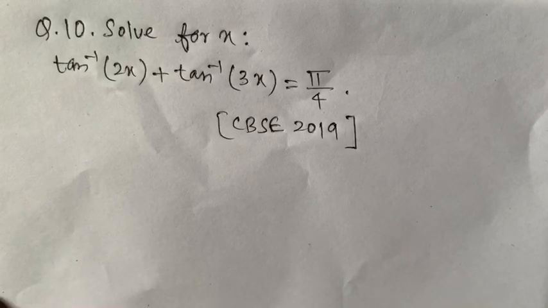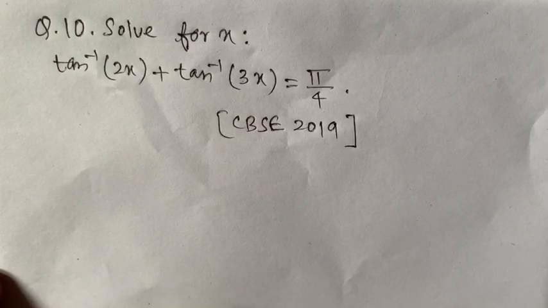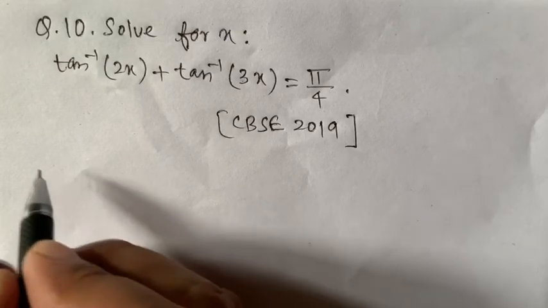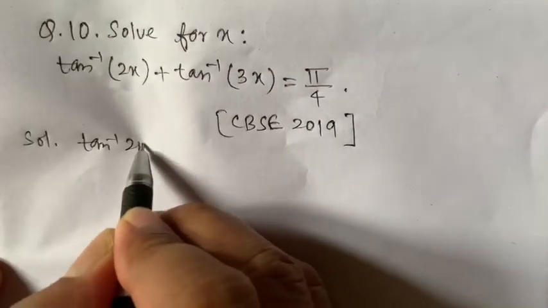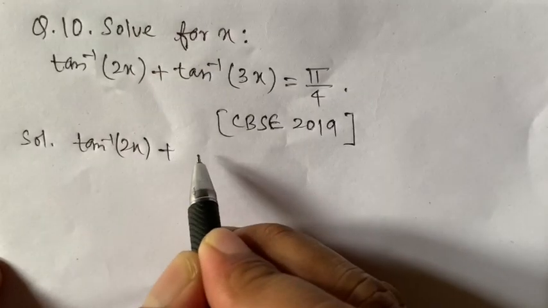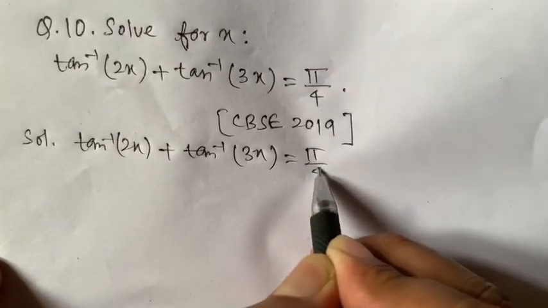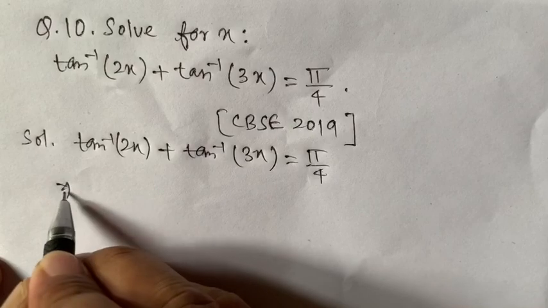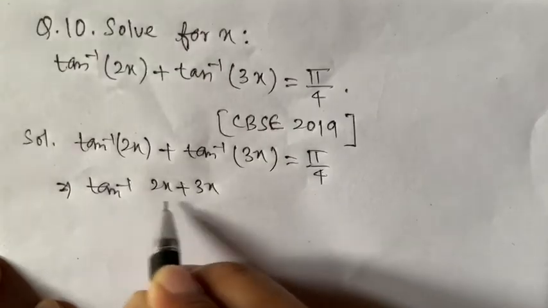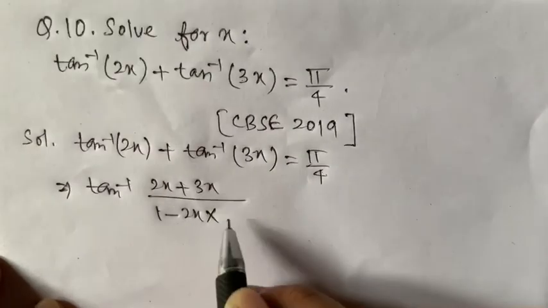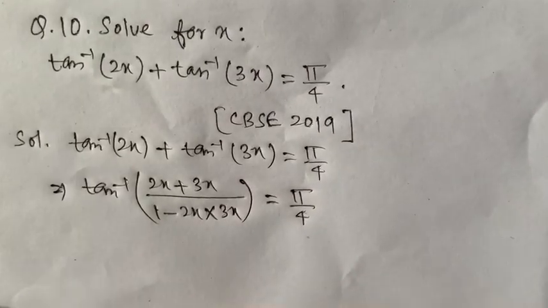Question number 10 and the last question for today's session is tan inverse of 2x plus tan inverse of 3x is equal to pi by 4. We need to solve this. Let us solve this. The given equation is tan inverse of 2x plus tan inverse of 3x is equal to pi by 4. Now we will apply the formula in the left hand side. It is tan inverse of (2x plus 3x) upon (1 minus 2x into 3x) equal to pi by 4 there,